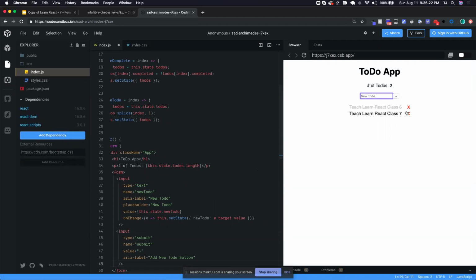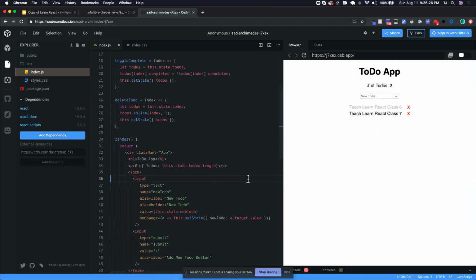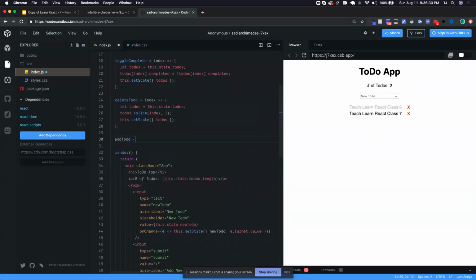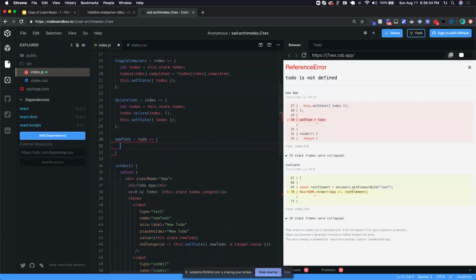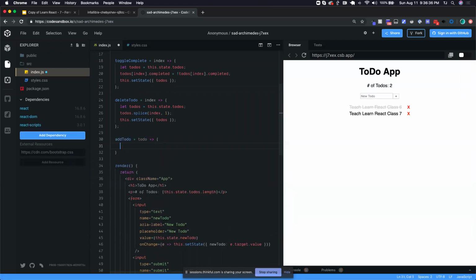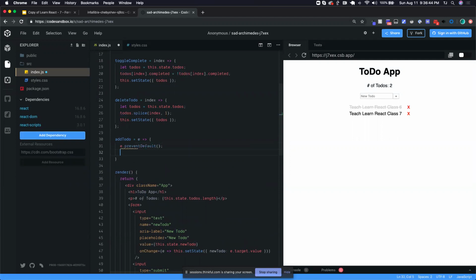So now the idea is I type something and I hit add and it should add it. So let's create the method for that. So add to do, and all this is going to get is that to do text, right? And so technically I could just have it get the event itself. So we'll do event prevent default, and then this dot set state, and this is where it's going to be